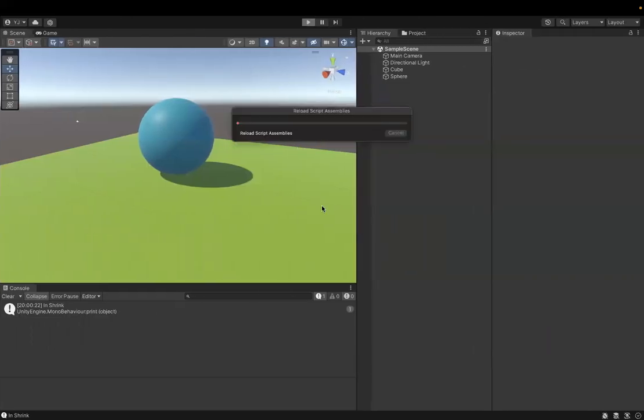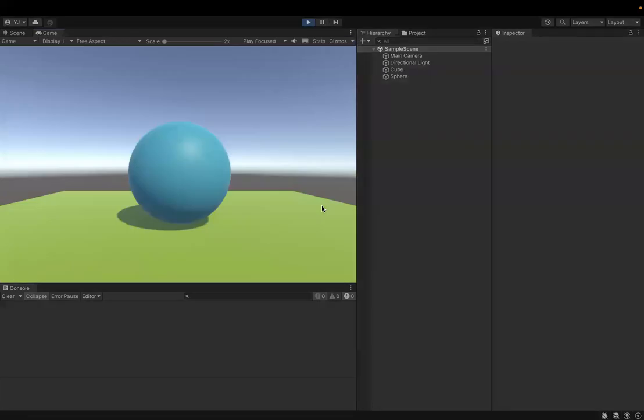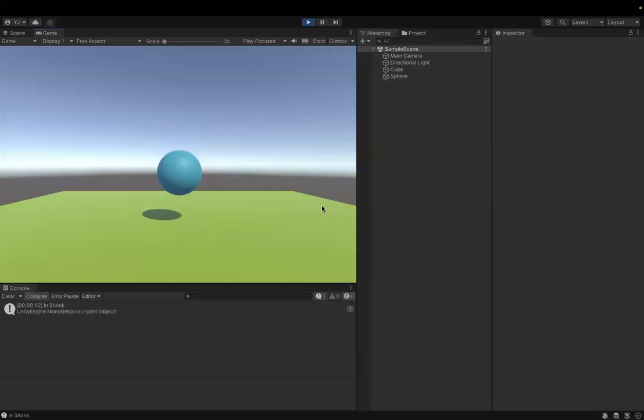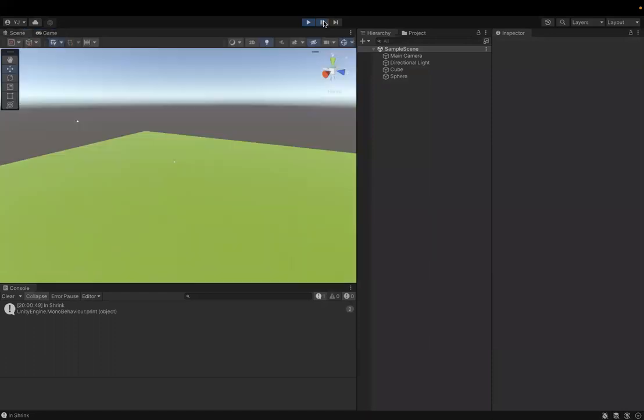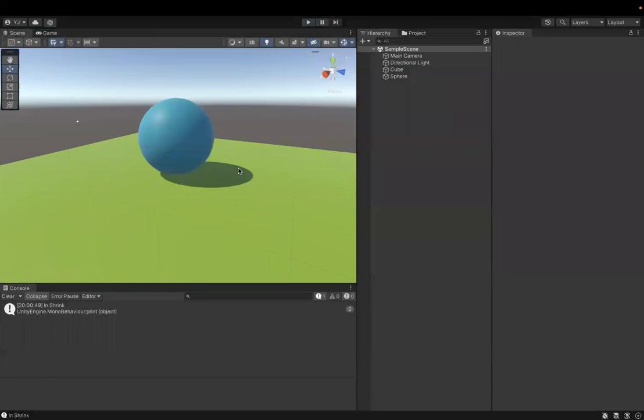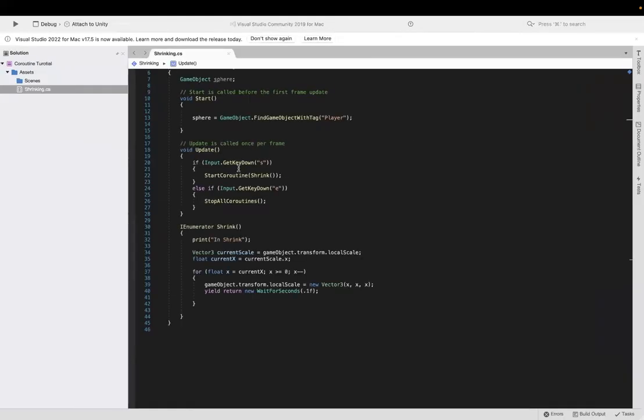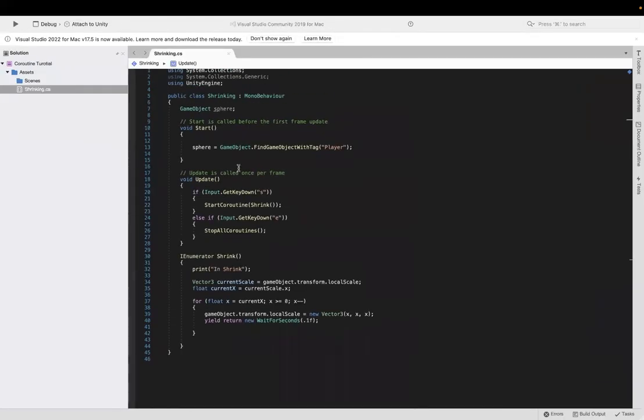So we can also show our use of StopAllCoroutines here by running it one more time. And I'll press S to start it, and then I press E right here. You see I stopped the coroutine, and I can then once again press S to continue and finish shrinking that sphere. So this was just a quick example of how to use a coroutine